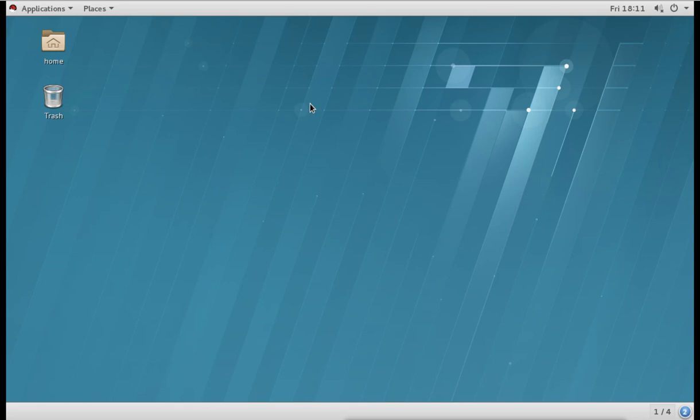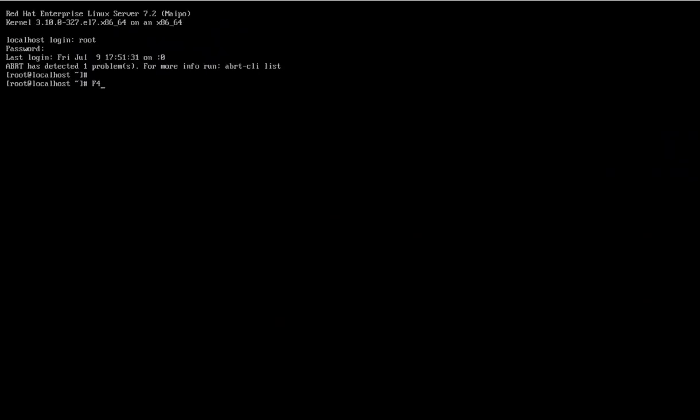And if we want to move from graphical to command line, we will press Ctrl Alt and whatever key you want. Let's say I will go to F4. You can see now I press F4 and I go to the F4 terminal. So we can go to any other terminal.